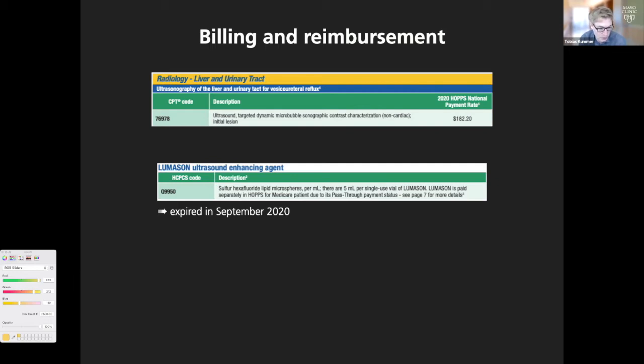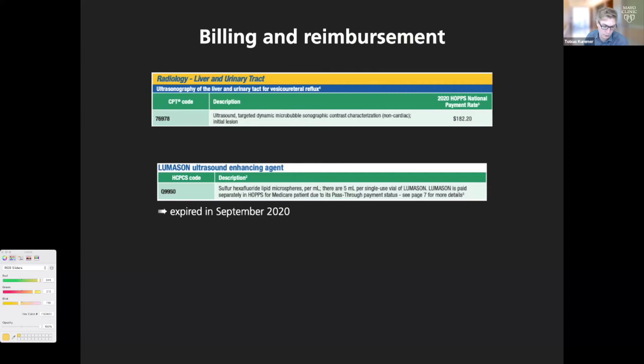There was, for 2 years, a fast track billing method to get additional reimbursement for the contrast agent that you would add, but that expired in September 2020. There's some discussion about having a more robust billing scheme or billing setup for contrast enhanced ultrasound, but these are your two CPT codes, or your CPT code plus the HCPCS code that you theoretically could try